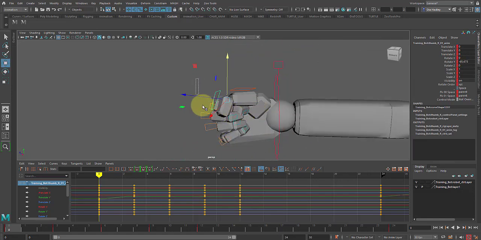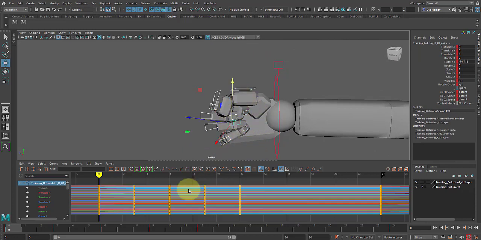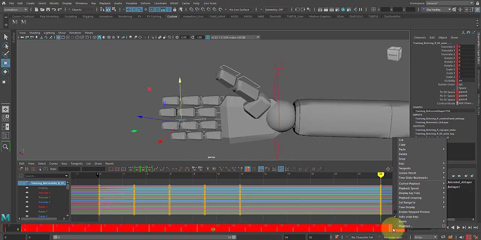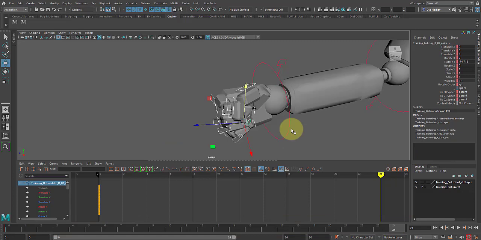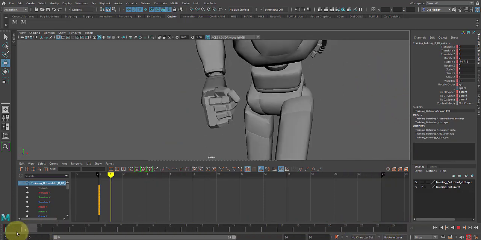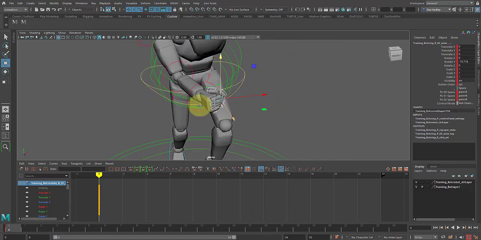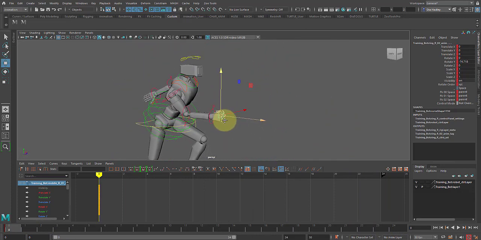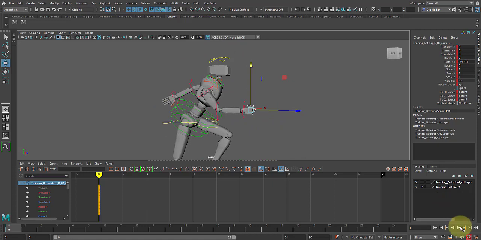Once I have my pose, I'm just going to drag, make sure I have all the controllers selected. Make sure I set a key on frame 0 or whatever frame I desire, and just delete the rest of the keys. And just have a simple fist pose. Then just want to repeat that same process for the other arm